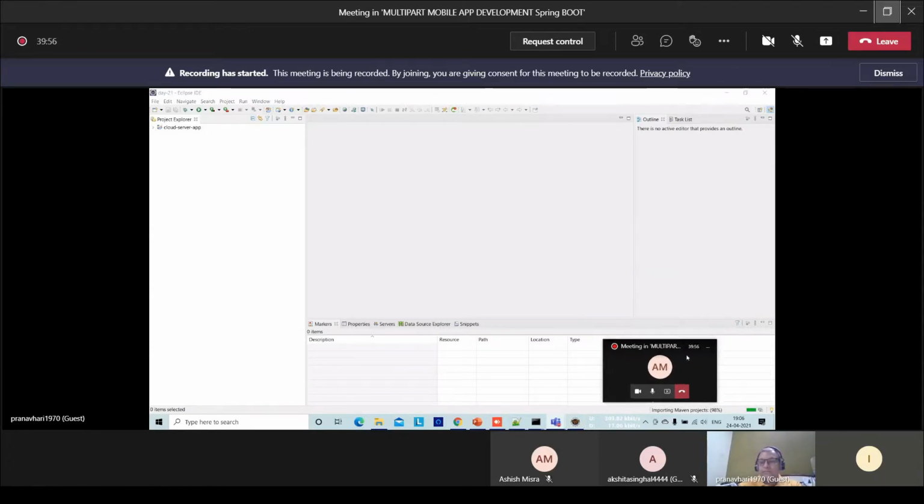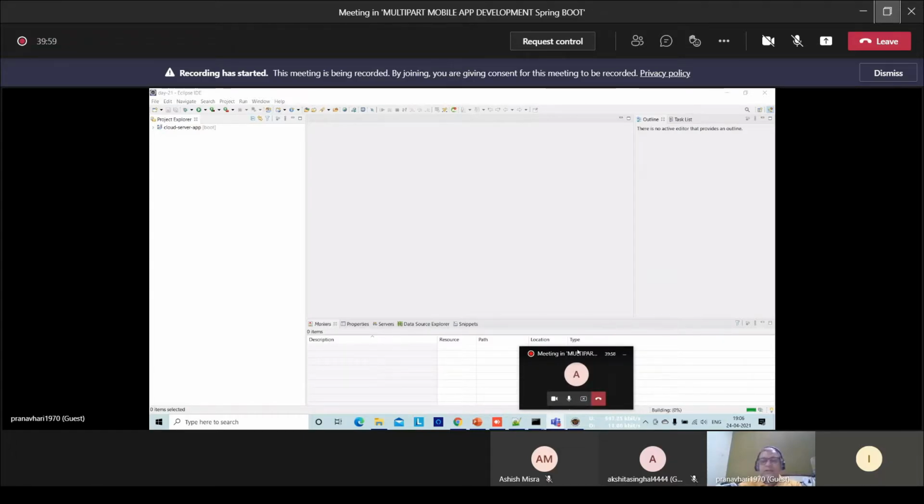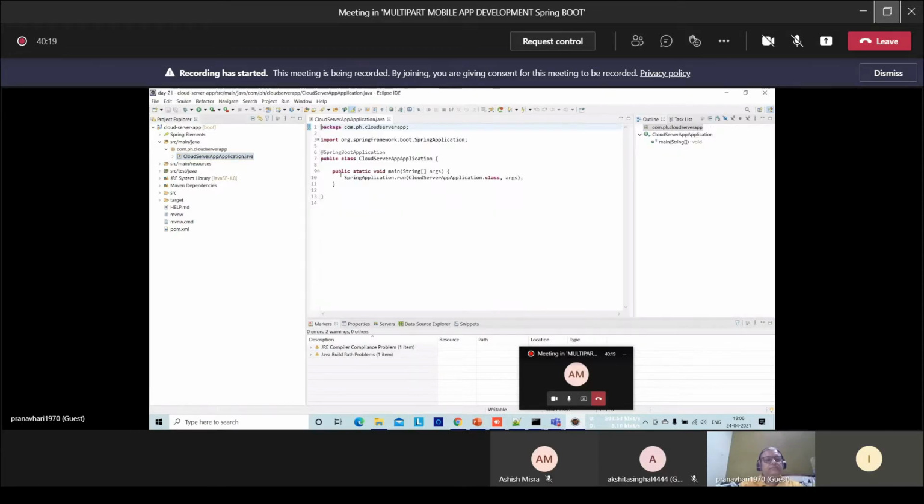Let me remove this window. The server is setting up; it is still building. Let it complete first. Okay, it got completed. Let's see, all the files have been created. It has already created the initial default Spring Boot app.